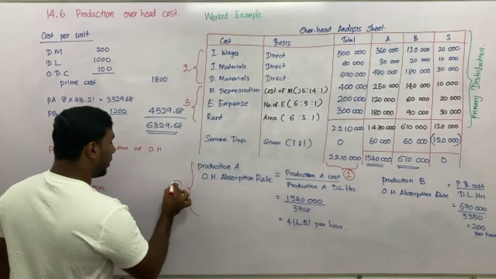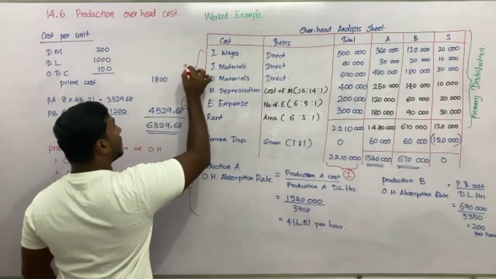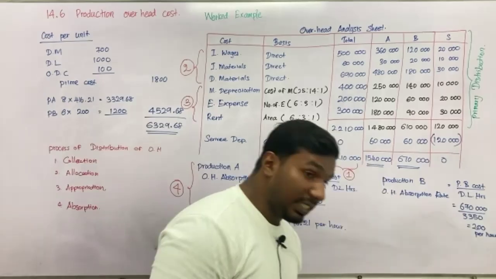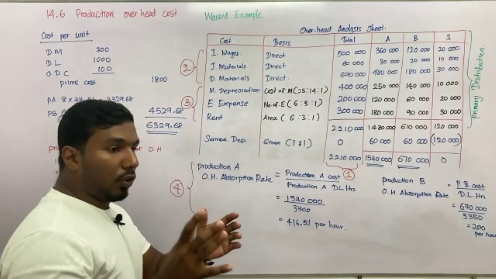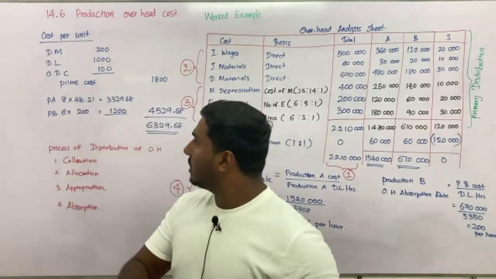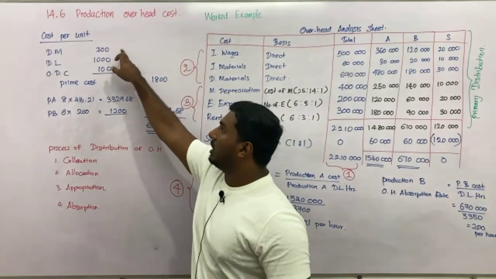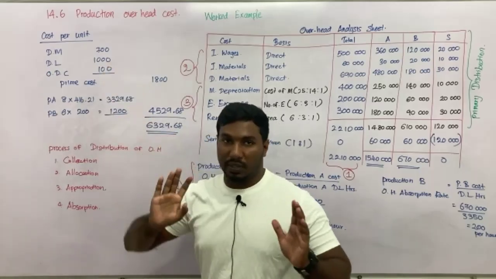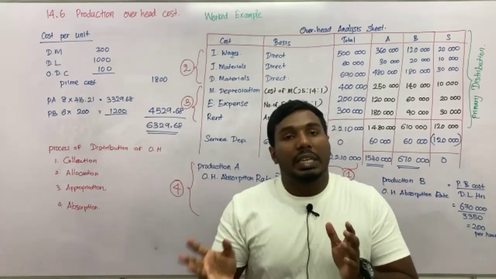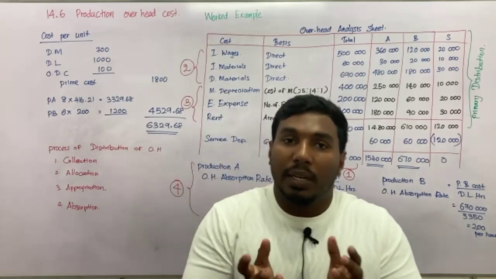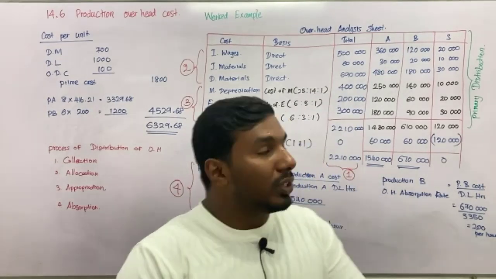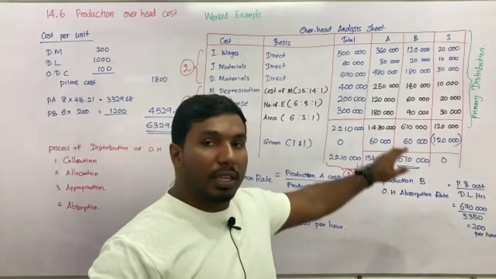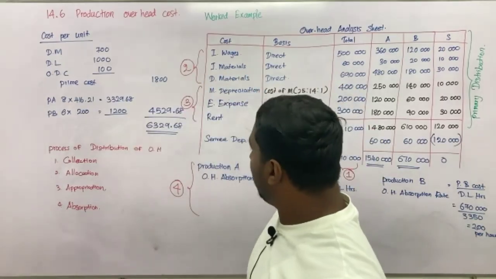Okay. I hope you guys understood this concept very clearly. As I said earlier, for the prime cost, for the prime expenses, we can directly allocate per unit this much of labor went, this much of material went, this much of expenses went here. But for the indirect, for the overhead expenses, we cannot allocate directly. So that's why we prepare an overhead analysis sheet and we allocate the expenses, and based on the absorption rate,